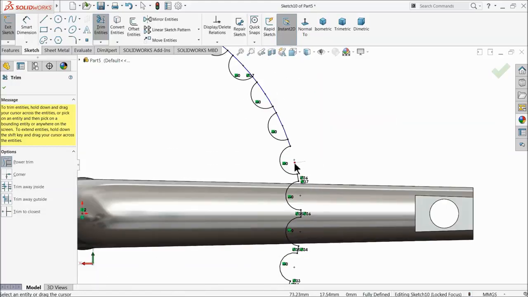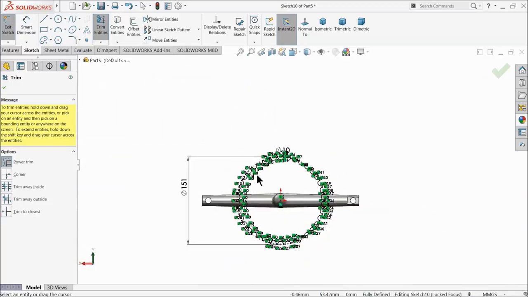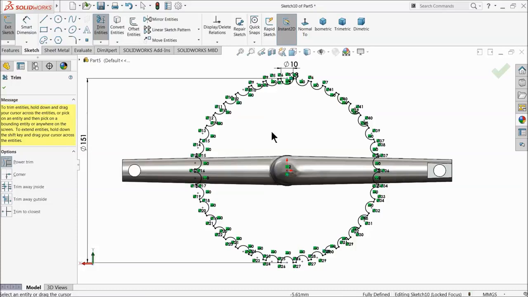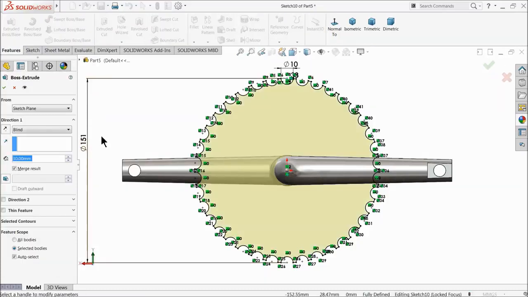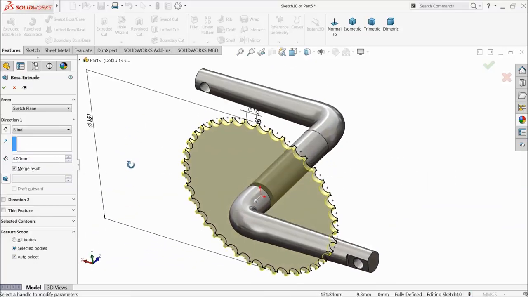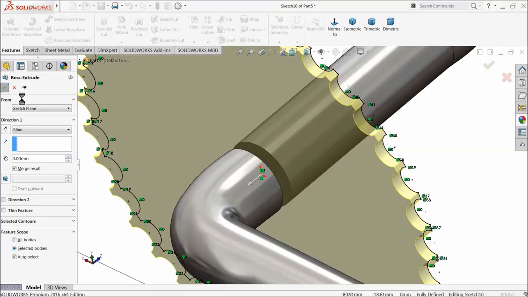Only few more balance. The last one. Okay, that's fine. Okay, extruded boss 4 millimeter only, because this gap is up to 4 millimeter only. Okay,